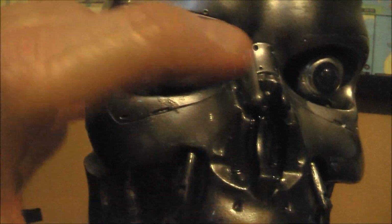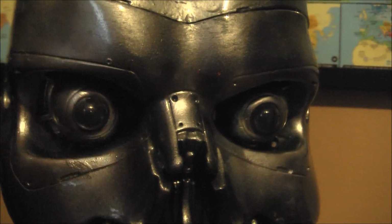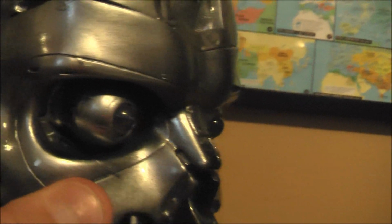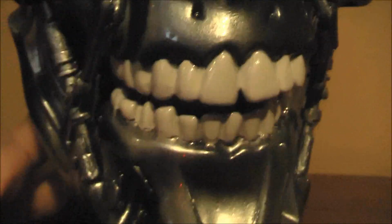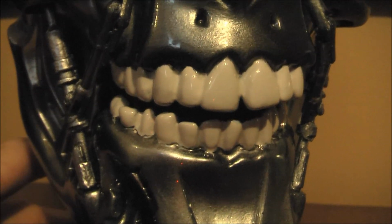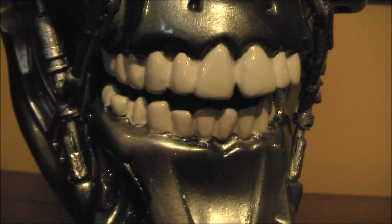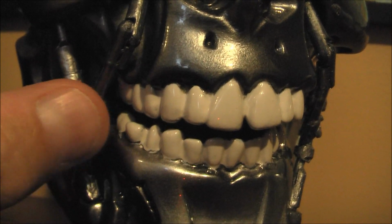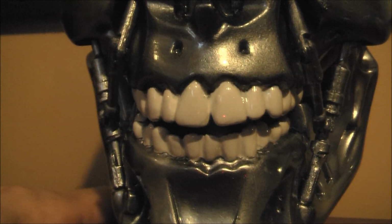The last step before I did the teeth was inserting the LEDs so they wouldn't get dusted with the chrome paint or any kind of paint, and I glued them in place, tried to get them as symmetrical as possible. Then I mixed up a batch of Spies Hecker custom paint using white as a base with a few drops of the yellow and a bit of the black to give it an off-white gray appearance. Then I painted the teeth that way,